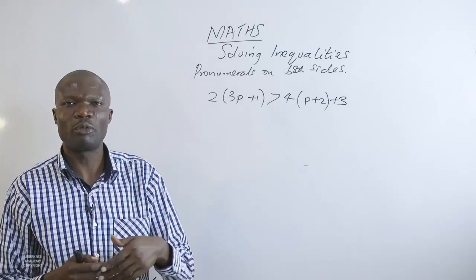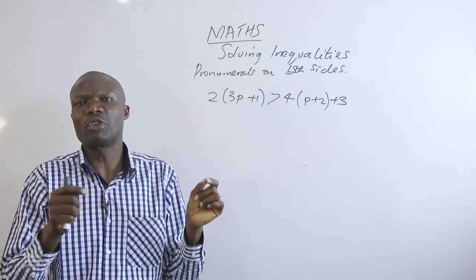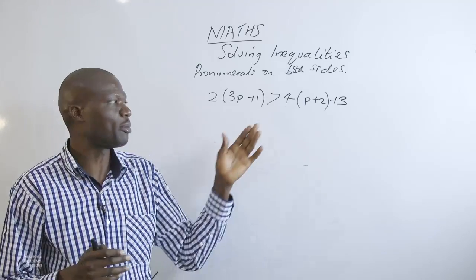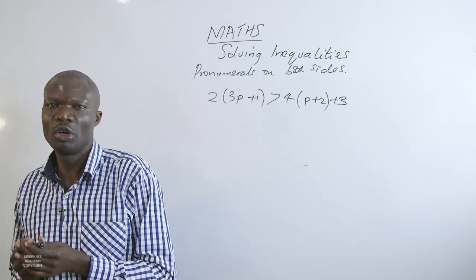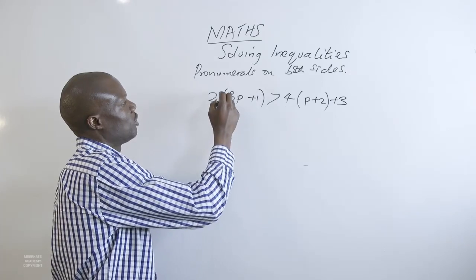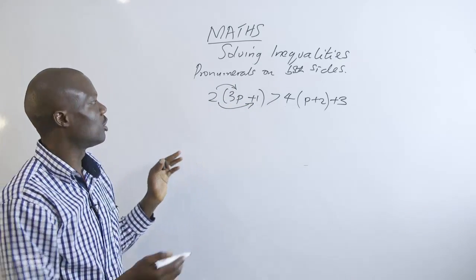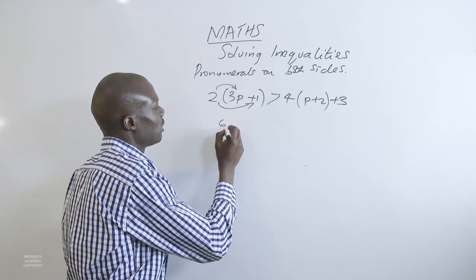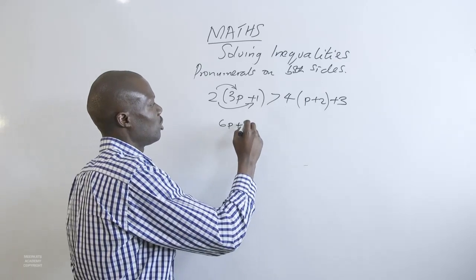Now this one we shall first be required to deal with the brackets until we remove the brackets. The process of removing these brackets is called expanding. So we expand this inequality. And to expand this, we use distributive law. Using distributive law, as we saw earlier on, we shall take 2 multiplied by this, and then 2 multiplied by 1. So we shall have 2 times 3p, which gives us 6p, plus 2 times 1, which is 2,